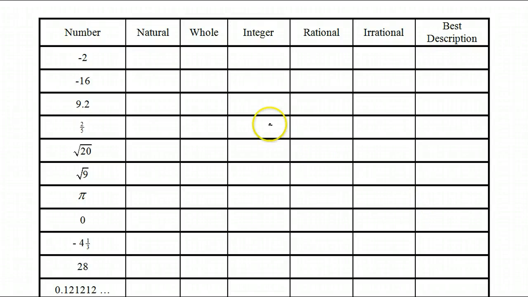So, for example, here I'll help you out. I'll do one for you. -2, is that natural? No. Whole? No. Is it an integer? Yes, it is. Is it rational? Yes, it is. Is it irrational? No, it's not. And you can't actually have rational and irrational checked off at the same time, right? It's one or the other. And the best description of this is that it's an integer,